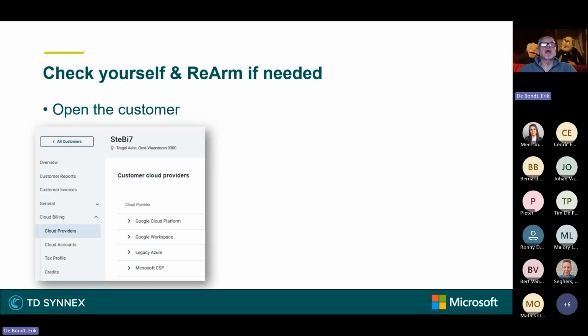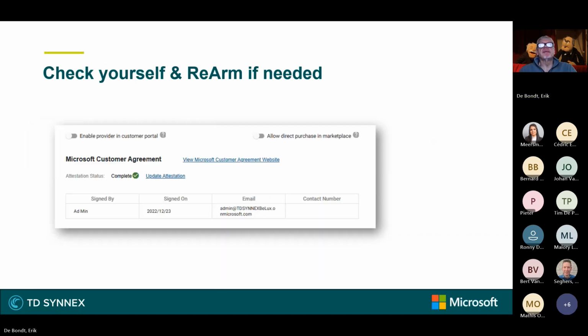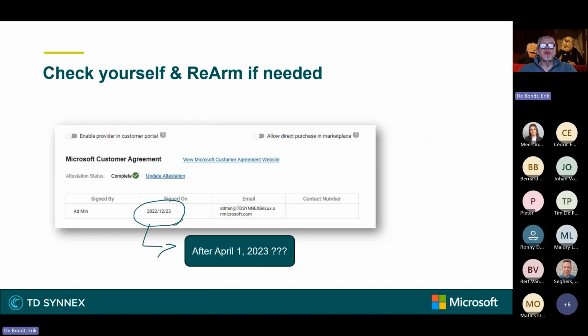So how can you check and rearm if needed? So you open the customer again, you go to legacy or Microsoft CSP program, cloud provider. Again, you click the year, and then you see here the date. If it's after April the 1st, if yes, then you're set, fine. And Microsoft will change the T's and C's again. So in 2-3 years, you will need to reassign the MCA. We know this works now. So you will do this constantly. If not,